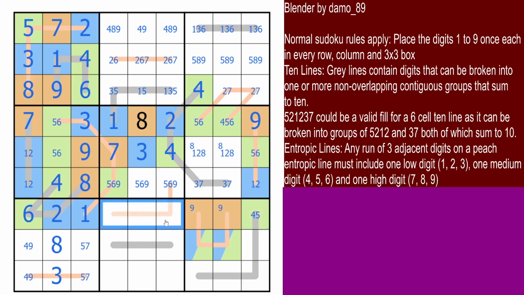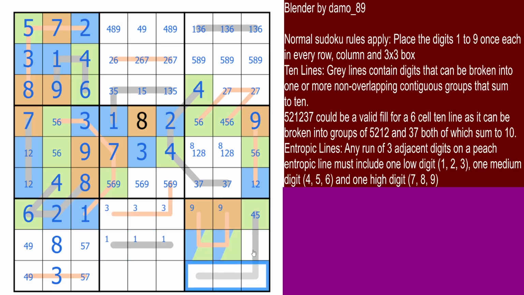Oh, 3 has to be here now, right? Because 3 cannot be here, and this must. The other way to look at this, this must need one of the low digit. 1, 2 cannot be there, so this has to be 3. 3 has to be here is what I'm saying. Yeah, so again that cannot be 2, 3, 5, right? So 1 has to be there,